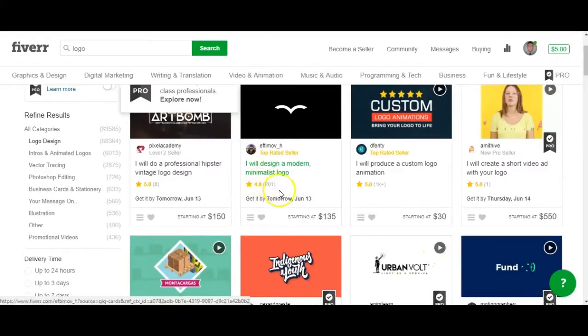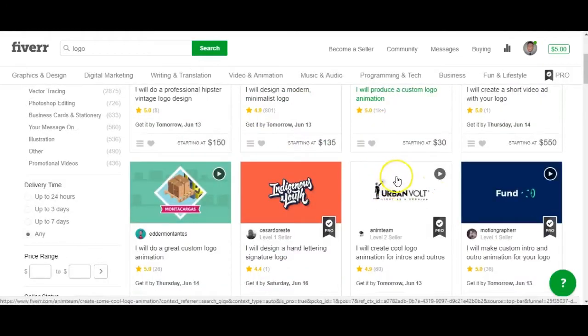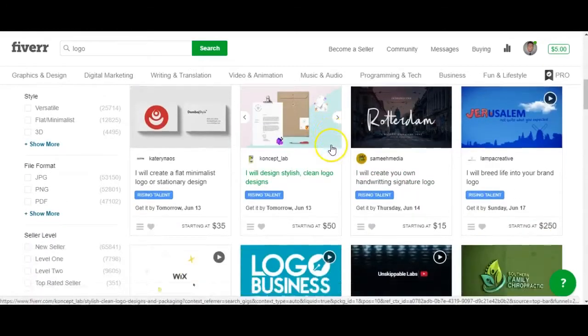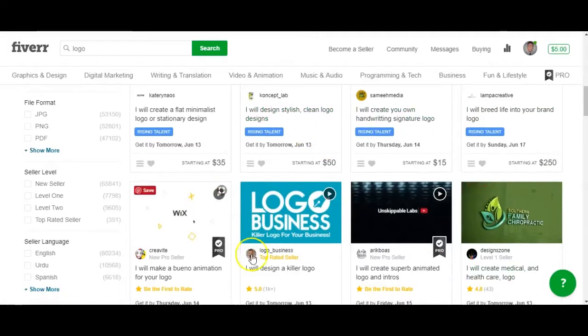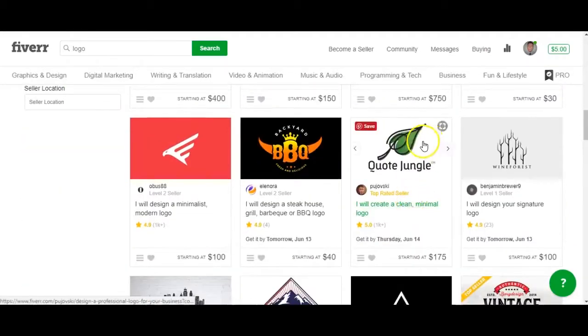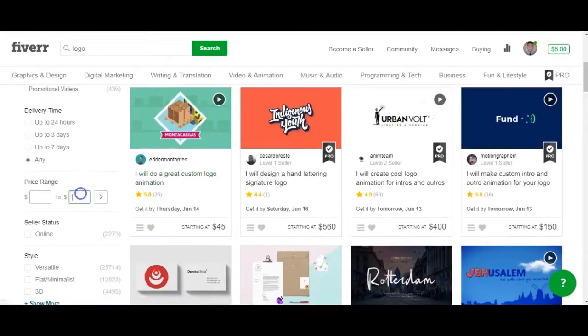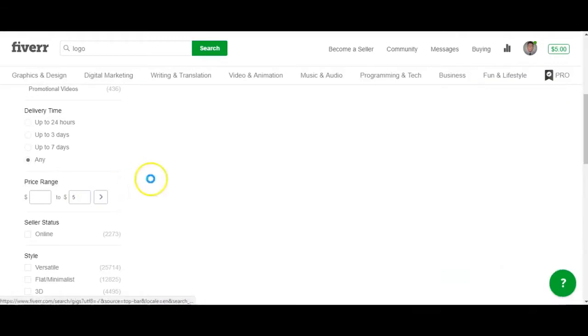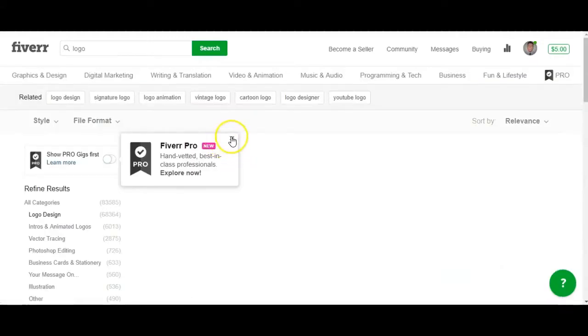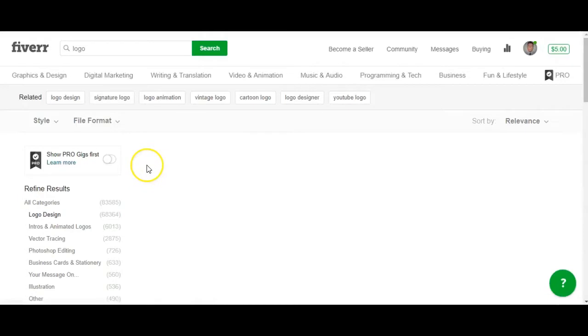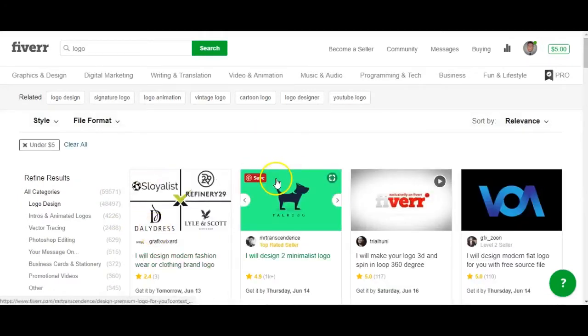So this person has 801 reviews and they're 4.9 star. And the thing I found is these logos that they do make are incredible. So again, as I mentioned, the price can fluctuate a little bit. It can go anywhere up to, here I see $250, here's $750. But what you can do if you really are truly looking for a $5 logo, you can put the price range over here to a maximum of $5. And the nice part is you will still see a good amount of options to choose from.